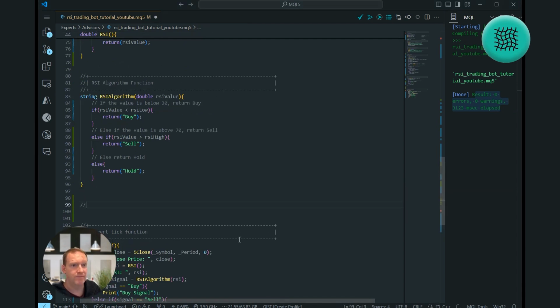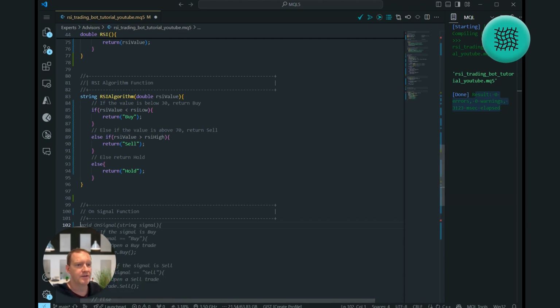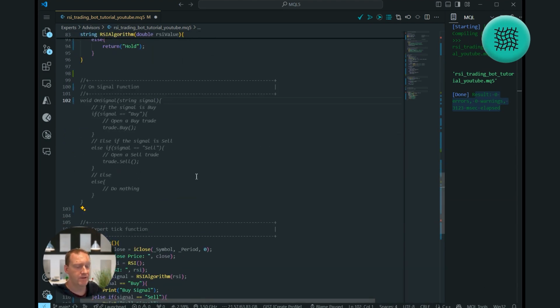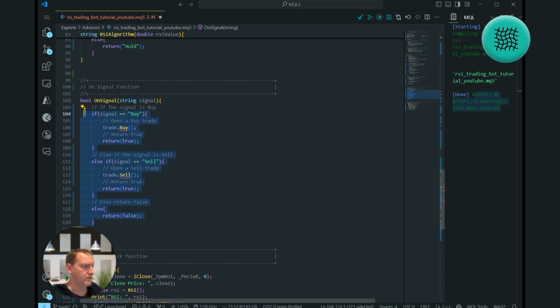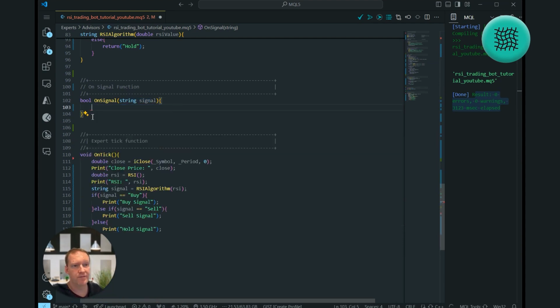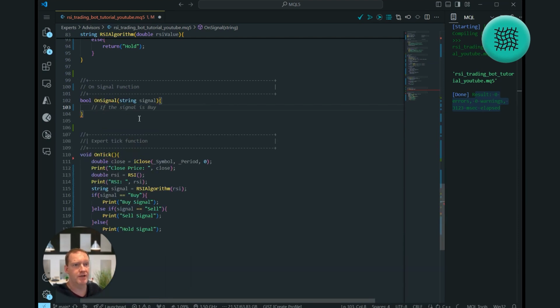So here, I'm going to create an OnSignal function. Oh, doesn't that just grind your gears? One more space is all you needed. Okay, so let's go down a little bit. Now this is going to return a boolean, which is going to be success or failure, and it's going to retrieve our string of the signal. Okay, and we're going to do a few things. So the first one is we're going to get